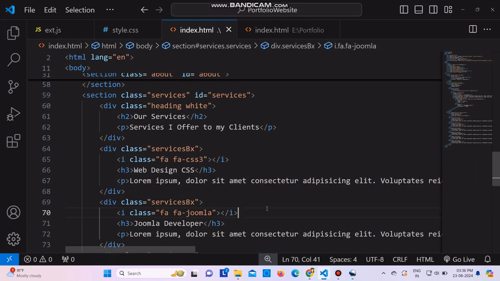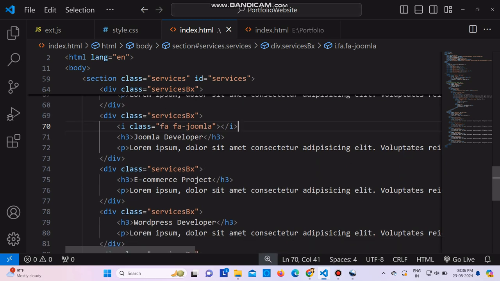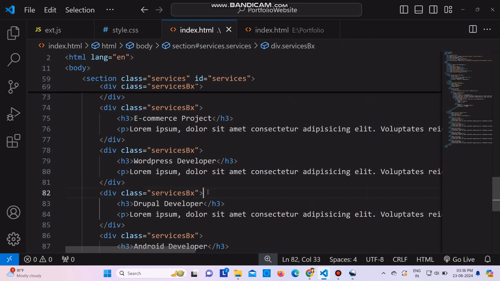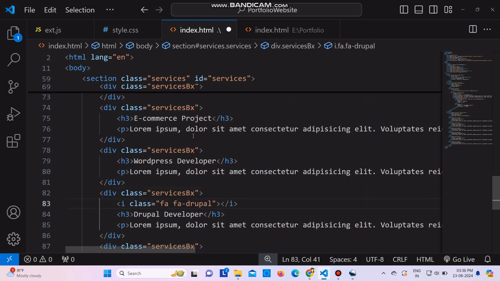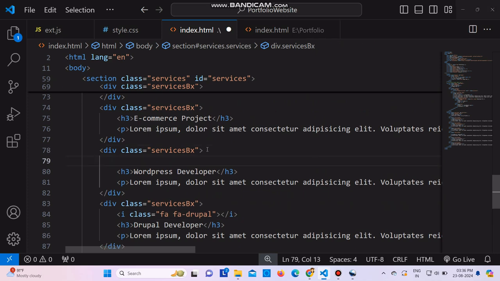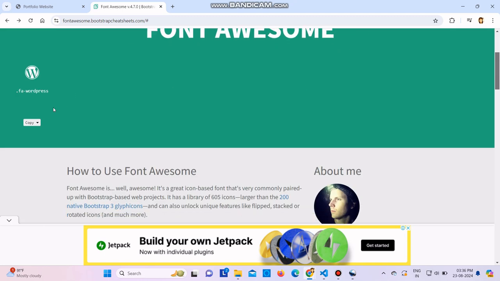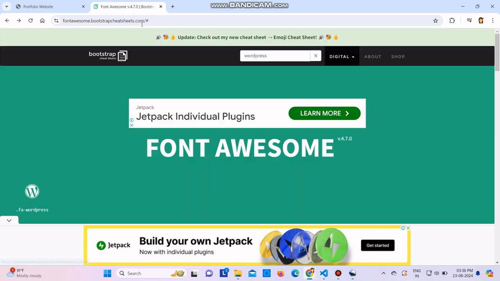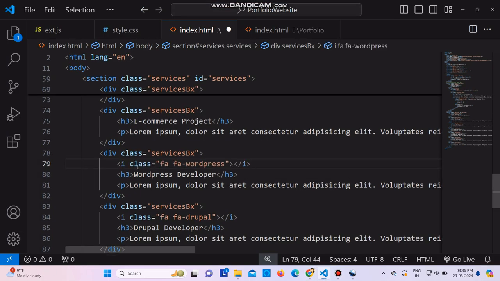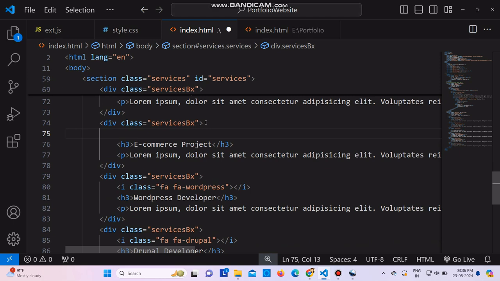This is Drupal, copy HTML, paste it inside Drupal. Where is Drupal present? Okay, it is below. Here paste it. Next we need WordPress, so I'll write WordPress, go down, copy HTML,